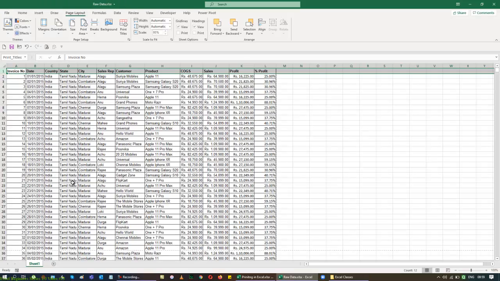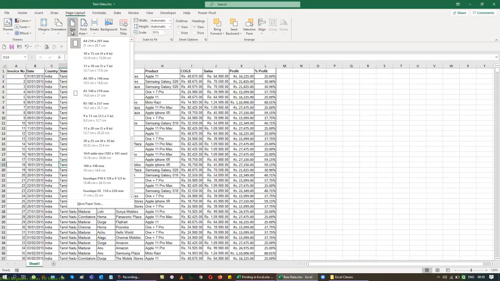The next thing that we generally do is play around with the size. Most of the time we use A4 as the paper size because most of the papers used by us are A4. So we are about to see how to work with the A4 option in our list.